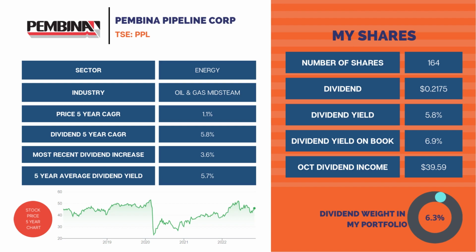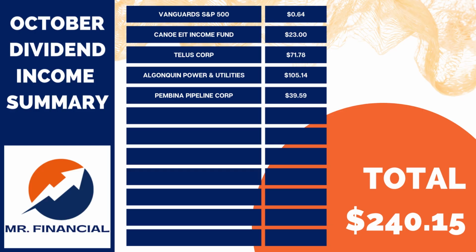It has a 5.8% 5-year CAGR on its dividend. It is still trading 14% off its 52-week high, but is still up 16% year to date. With the economy still roaring along, it looks like oil and gas continues to flow at its regular rate. Maybe the oil cycle will hold out longer than I anticipated. This 5th paycheck brings us to